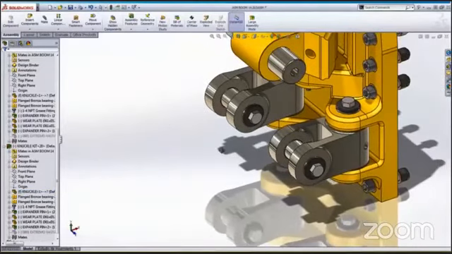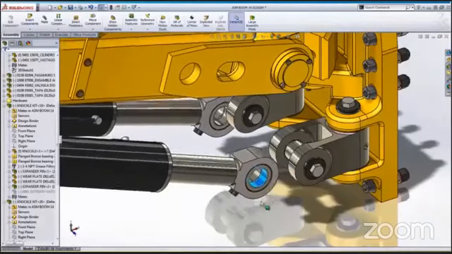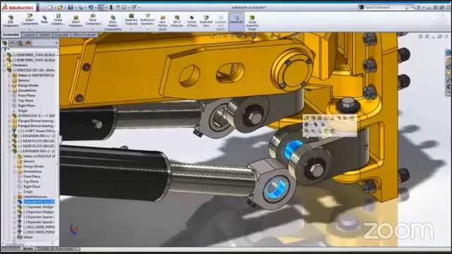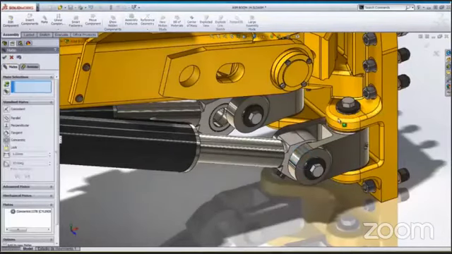And Smart Mate it into the hole in the support bracket. This positions the kit along the axis of the hole, but it can still rotate for now.